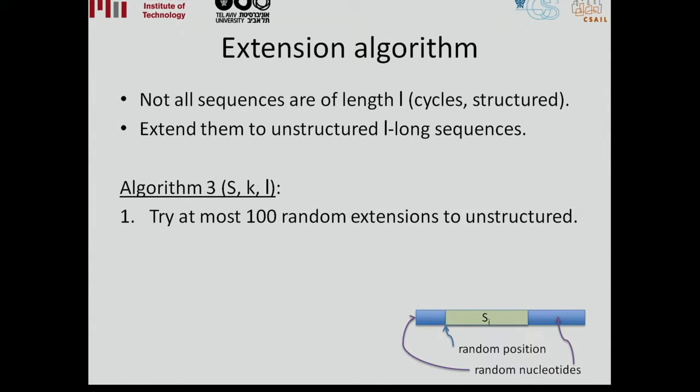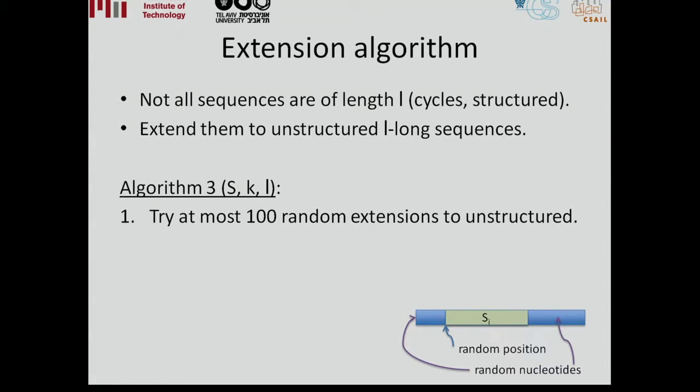You simply avoid cycles by marking all the places you've been and excluding the random walk from stepping to those points. Yeah, that's another possibility. But then you might be left with paths that are shorter because you didn't go into those paths. These edges would be in the graph, and you need to cover them in some way. So you might be left with a short path just to close this cycle because you didn't want to cover it. One of the requirements is to cover all k-mers. So one way or the other, you would need to go over these edges and include them in some path, and the path might be shorter than